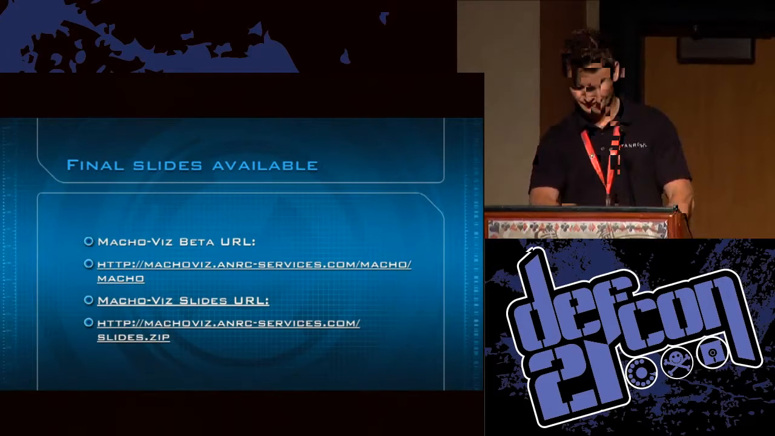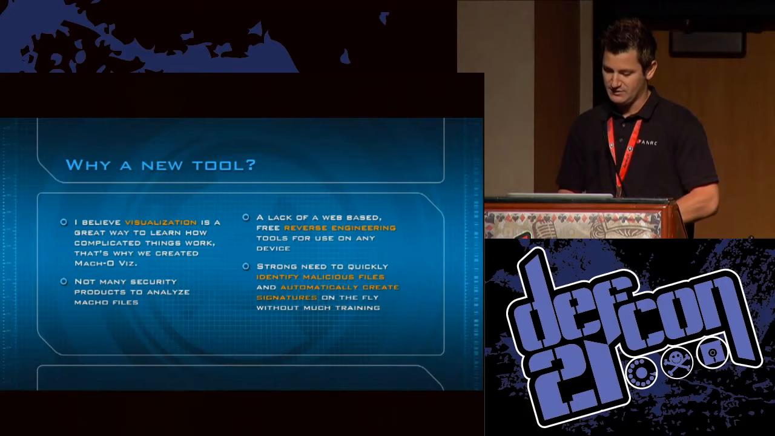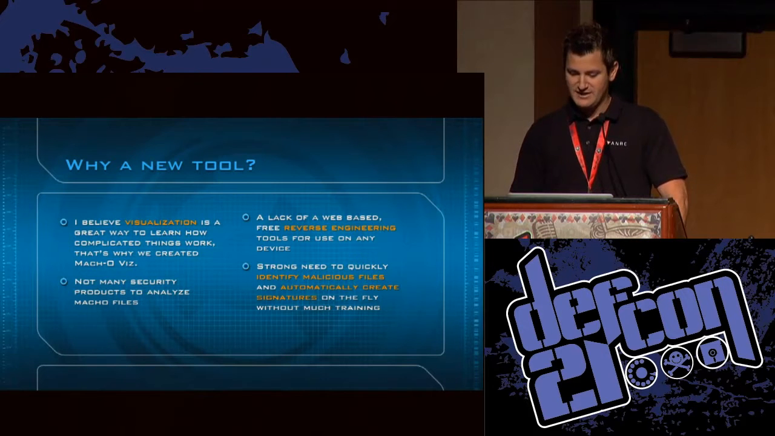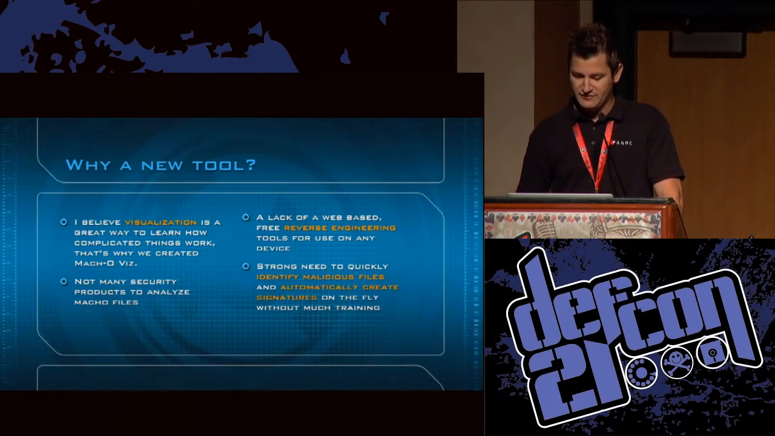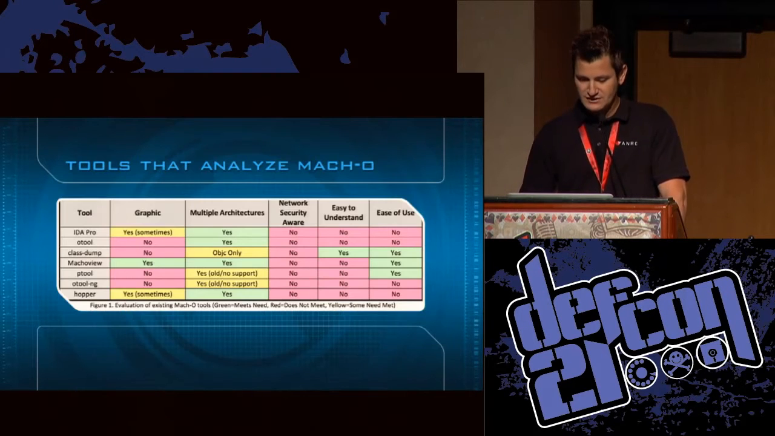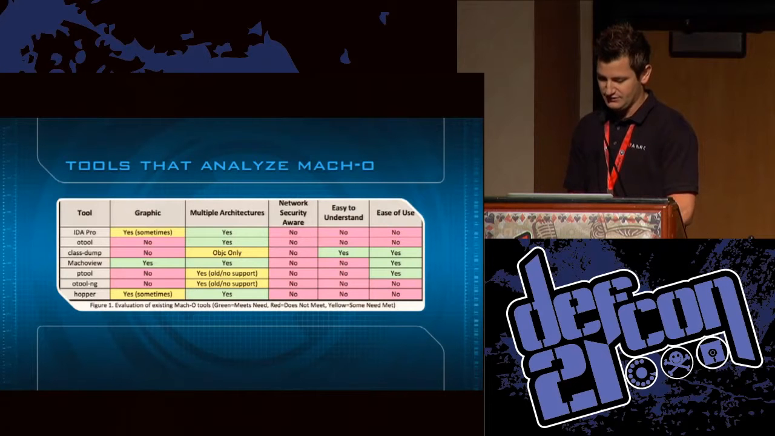Here are the pros and cons, and I'm going to show you what I'm trying to fill the gap with. There's also a lack of web-based free reverse engineering tools to use on any device. Most of the tools require that you use Windows or Linux or Mac. In this case, you could use it on the iPad or Android, which is pretty unique. There's also really a strong need, at least from what I've heard, for the ability to quickly identify malicious files and automatically create Snort signatures on the fly, especially for people without much training. So some of the tools that I've used that I really enjoy that were a big inspiration to this project were